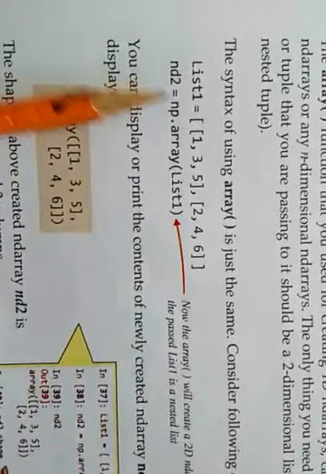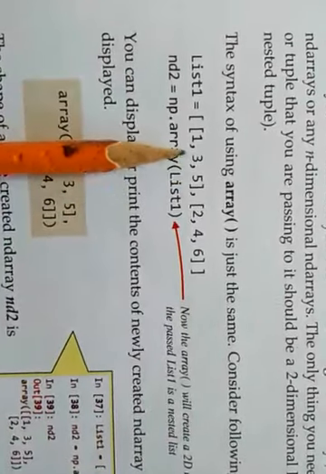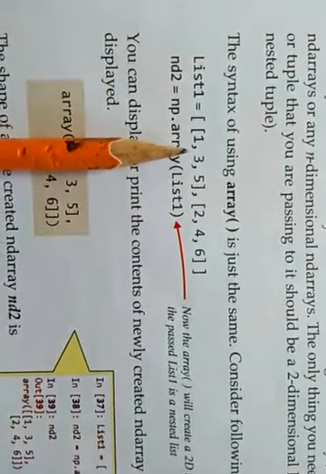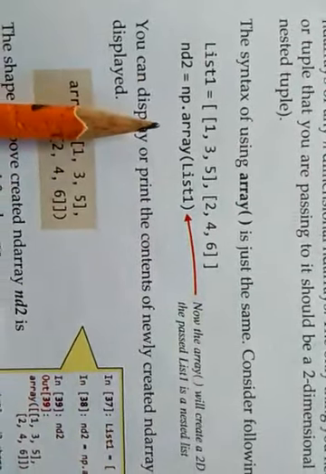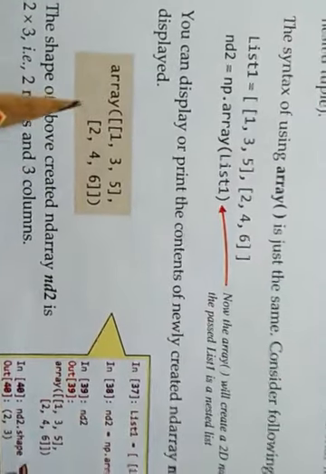Now here we are creating a two-dimensional array. A two-dimensional array we can create with the help of a list or a nested list. So let us see this example. Suppose this is a nested list, this is the first list and the second list, and we are passing this into the array. So the array will be created, this will be the first row and this will be the second row.